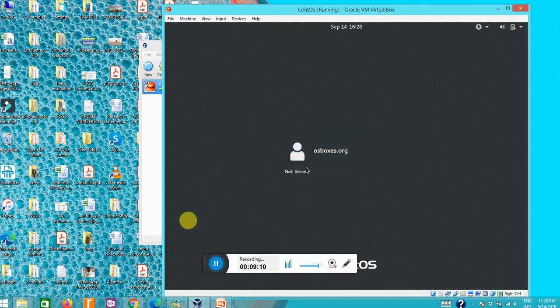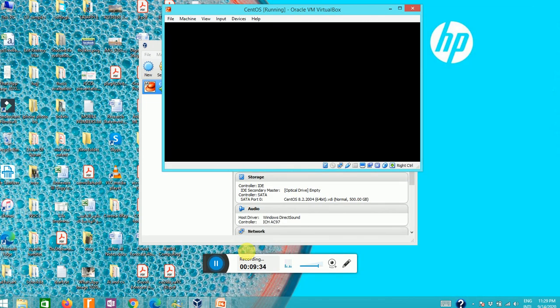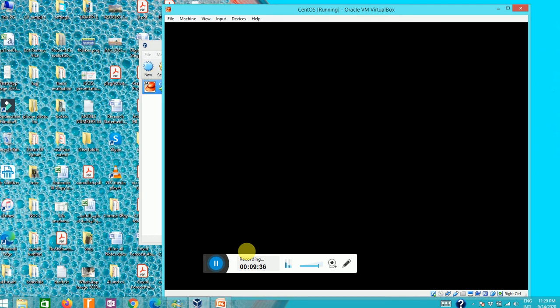Here you can see one user came, that's osboxes.org. I will click on this and give the password. This is the default one, osboxes.org, the same. So the username and password are the same. You can read it and write it here, and then I can go for sign in. You can see now the machine is booting up in this window. You can minimize and maximize this window afterwards.